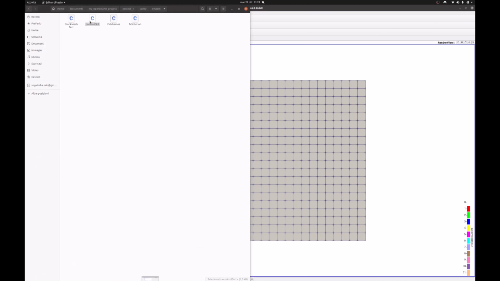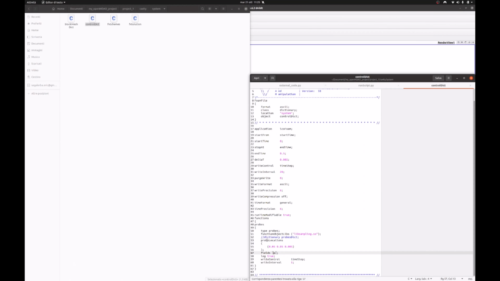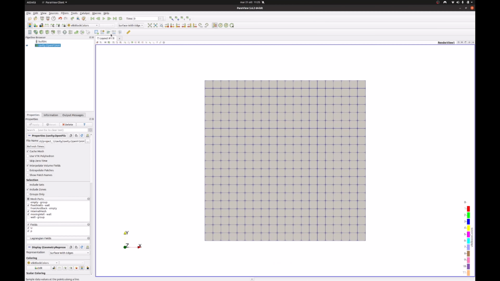So we have this probe, 0.5, 0.5, 0.005, which is in the middle of the cell, but this is not important since it's a two-dimensional case. So we're sampling 0.5, 0.5, 0.005, which is